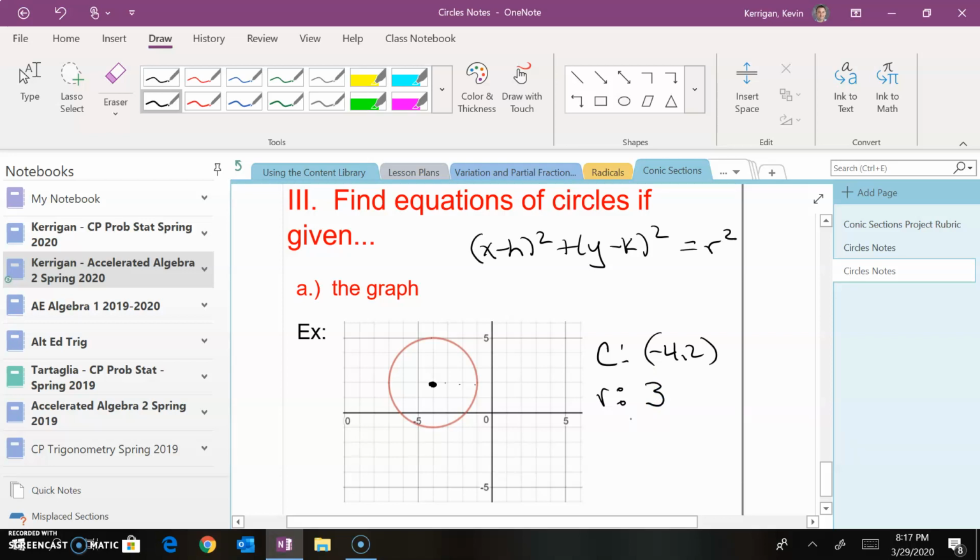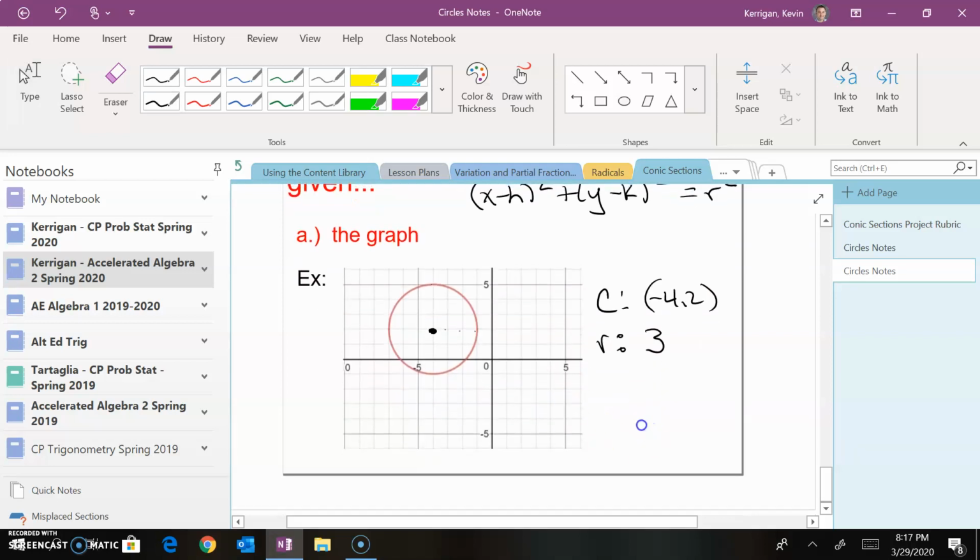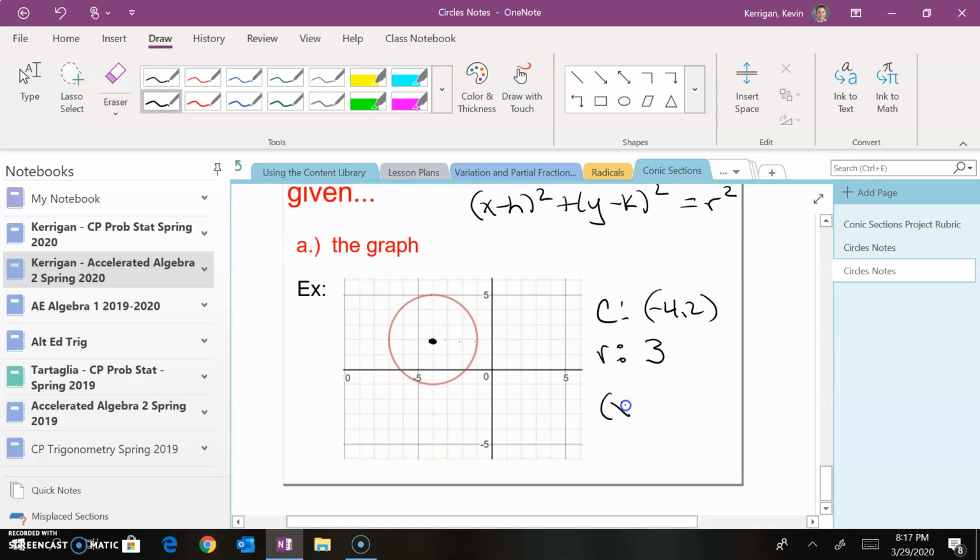So the equation here in that standard form is simply going to be x plus 4 quantity squared plus y minus 2 quantity squared equals 9. And that's it. Very, very simple. Now, I could have asked you for it in the standard form or that general conic form. If I ever ask it in general conic form, you still start by getting the equation into that standard form. And then all you would have to do